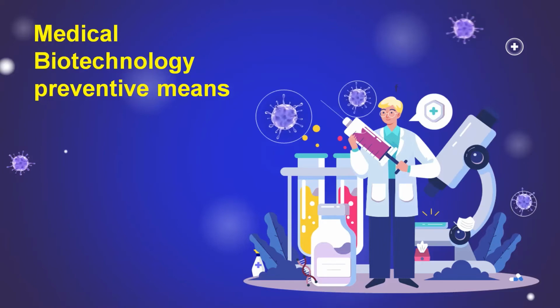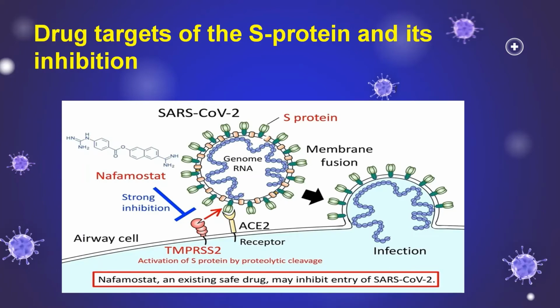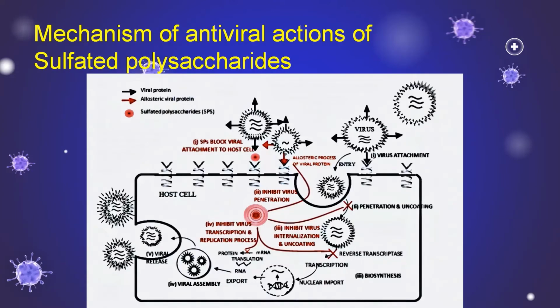In medical biotechnology preventive means, we mean to focus on something from the essence of biotechnology. But first, the nafamostat antiviral works by binding to the S glycoprotein, producing a competitive inhibition mechanism between the ACE2 receptor and the S glycoprotein, which is the way that most of the drugs on the market at the moment are targeting. But we want to focus on some other aspects and options that could be considered in combating